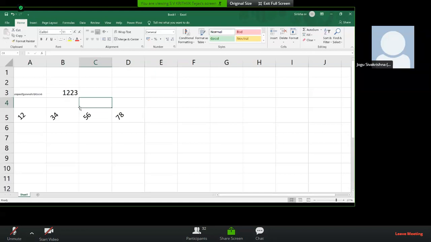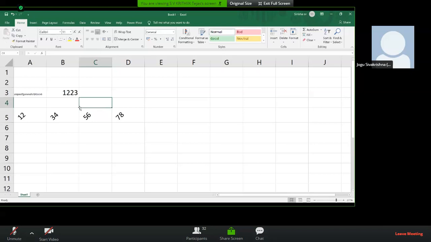And we have merge cells also. Merge cells means if you want to make two cells into one cell, you can make it. The same options, instead of right clicking and formatting cells, are there on the top of your screen, on the Home ribbon, alignment options. Can you see that alignment? You can click on the bottom right corner arrow mark, it is showing directly. You can click on that.